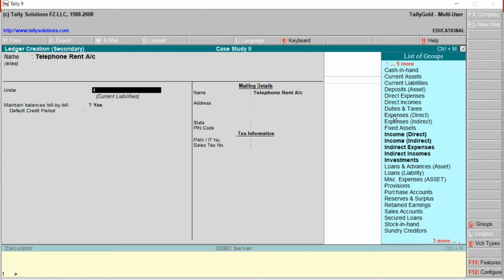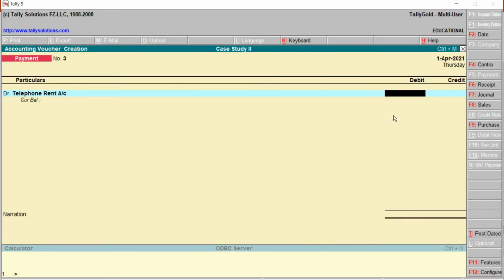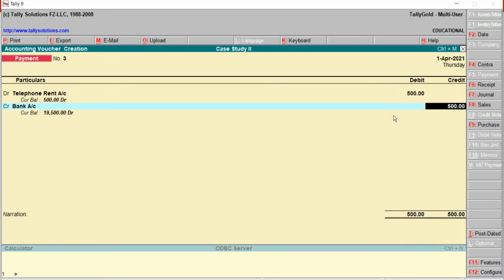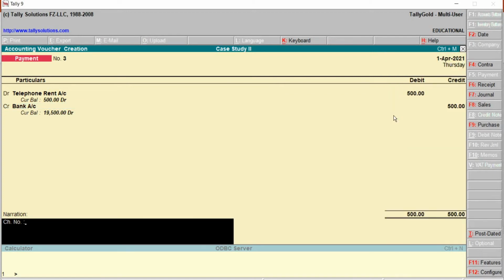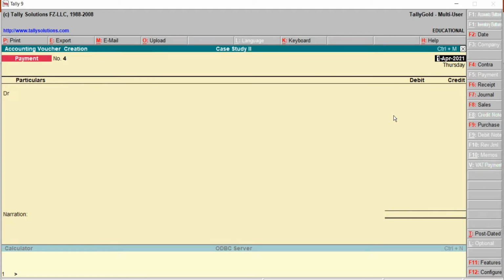Just type here I, down arrow key, later save. What's the amount given here? 500. The payment is done in the form of check. For that sake, bank will come. 500. Provide the check number. Accept? Press Y from the keyboard.